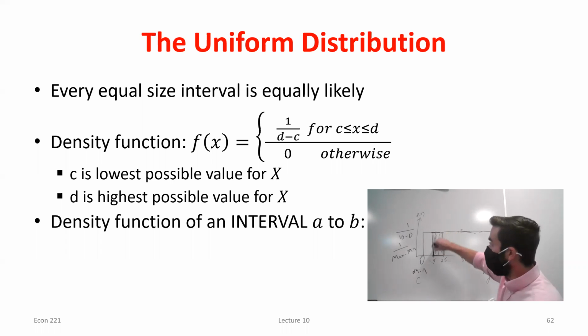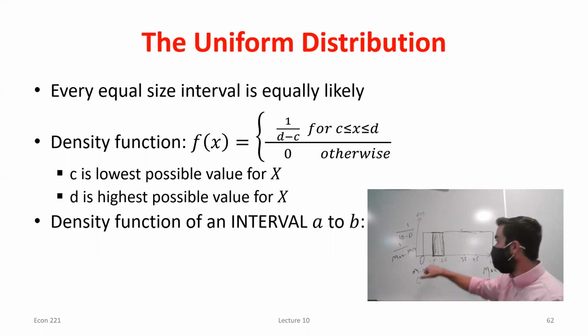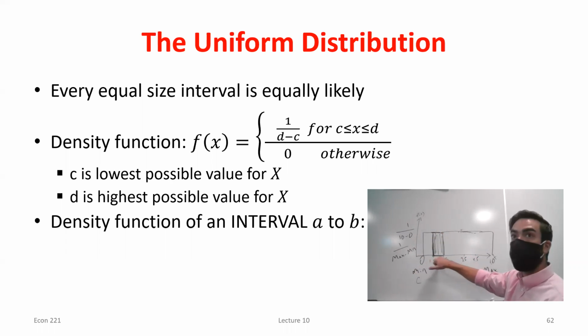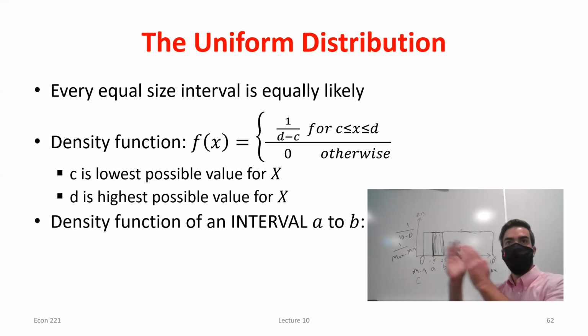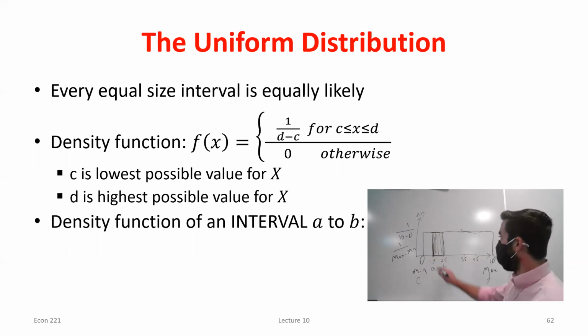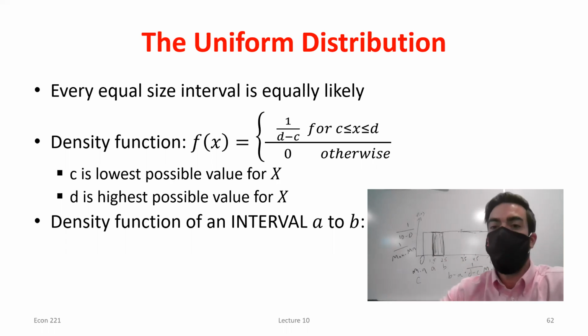But I can take this side of my rectangle, which I know is just the height of my uniform distribution, or 1 over the maximum minus the minimum. And I could then multiply that by whatever the length of my interval is. Here it's 1, but if we call A the beginning of that interval and B the end, right? Those were the two values I was interested in. Notice this length would just be B minus A multiplied by, what's the height? 1 over, and we said D was the maximum, C was the minimum. So if we want the probability,